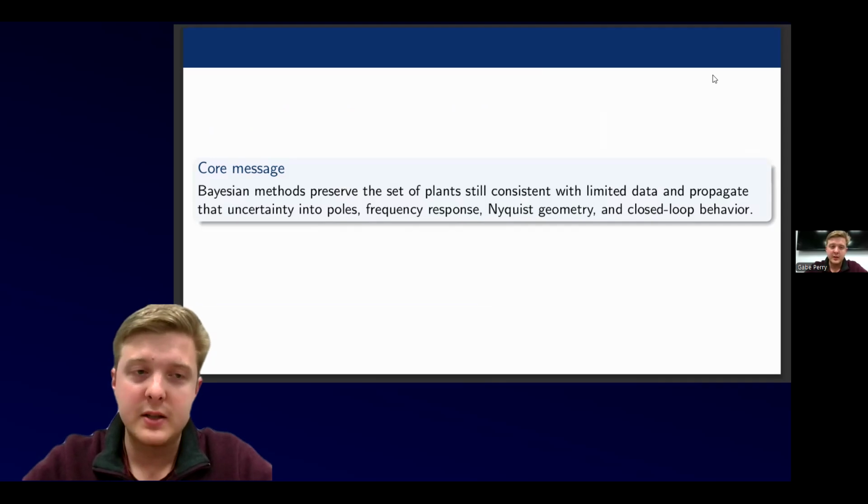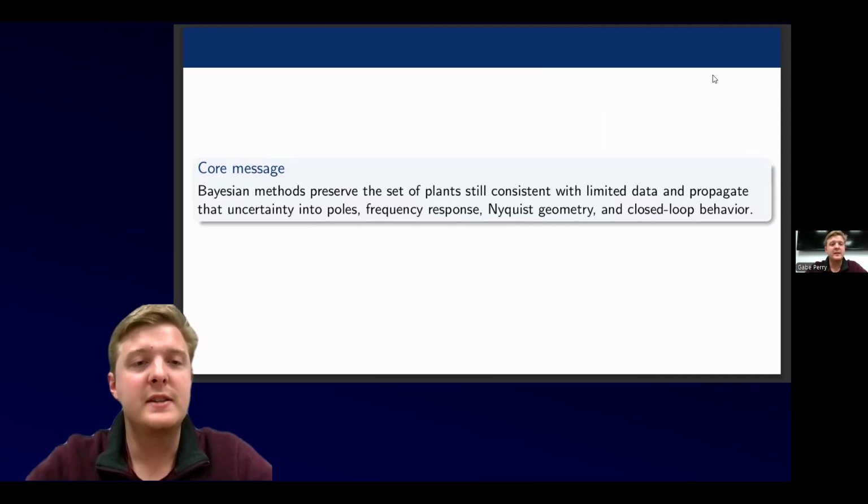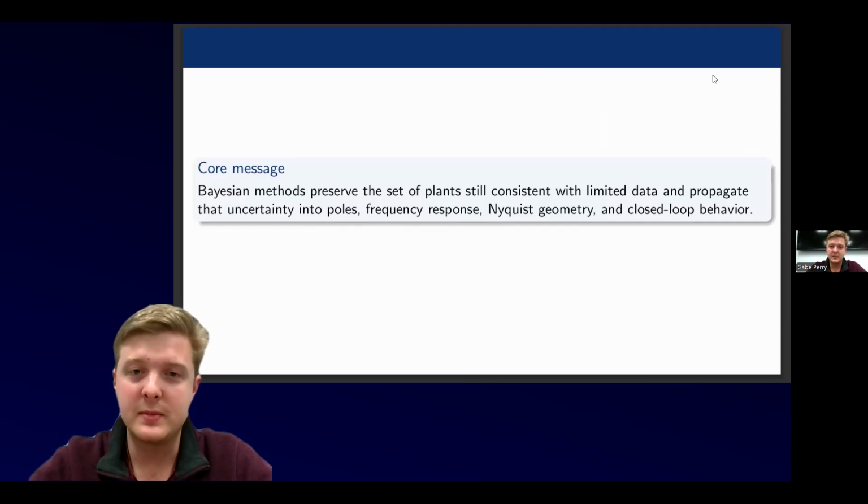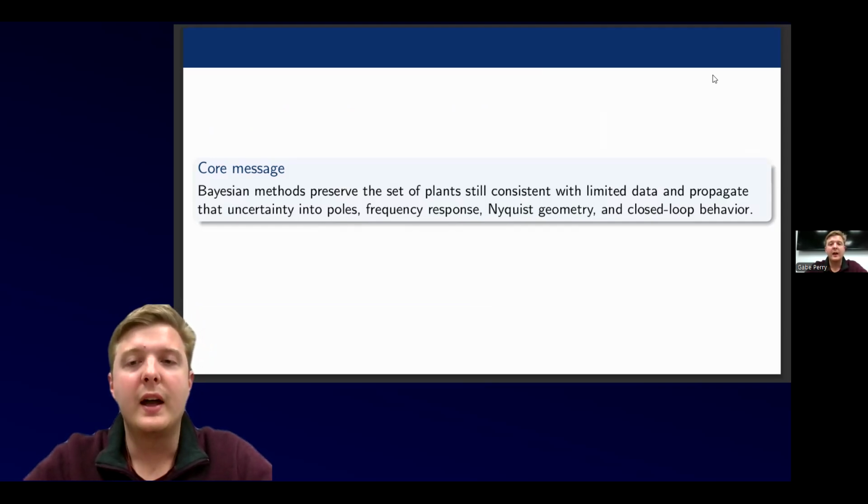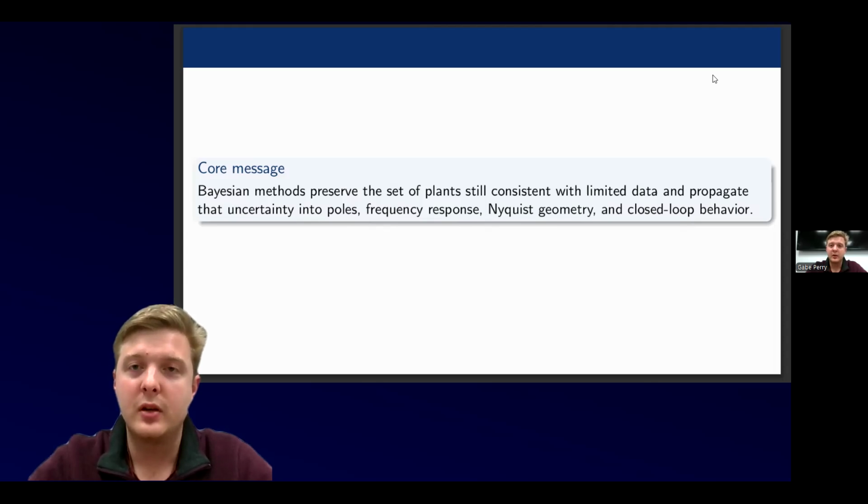So my project, the core message is that Bayesian methods preserve the set of controlled plants. So these are systems. And these systems, when we identify them from input-output data, they can hide uncertainty depending on if the data is sparse or if it under constrains the system we're trying to identify. But they can produce point estimates of these systems, a single set of parameters that is the best